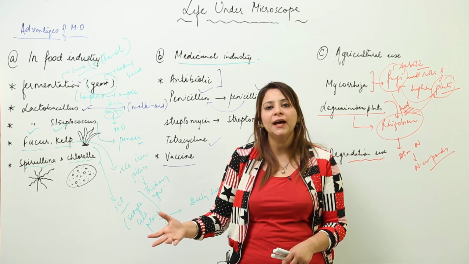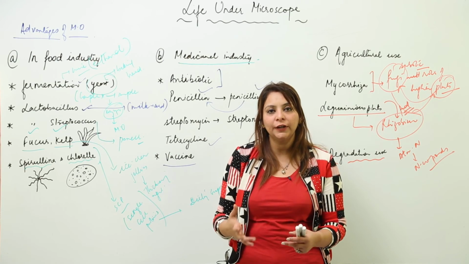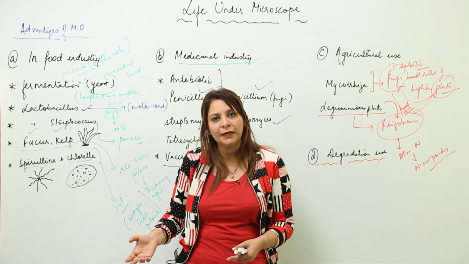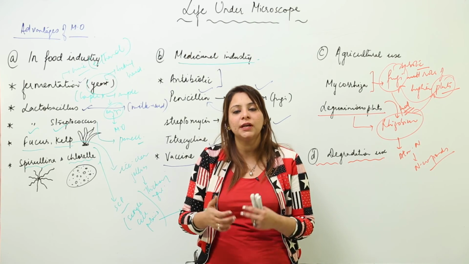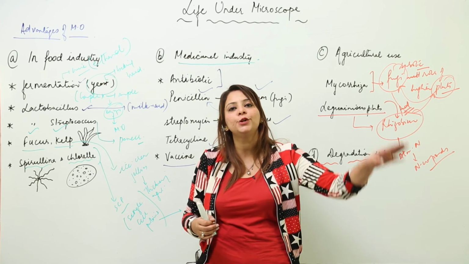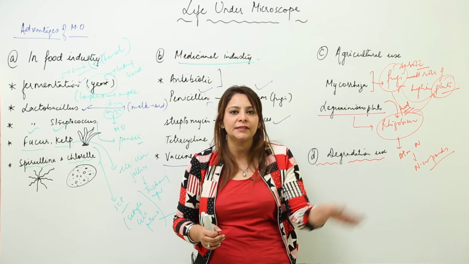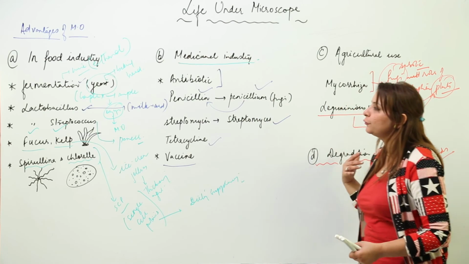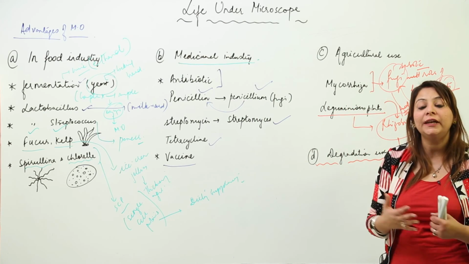And how do we degrade that? We degrade by the use of microorganisms. Not that we actually do it, microorganisms themselves grow on that dead and decaying matter, and they start degradation, decomposing, and they extract the nutrients and again add the nutrients into the nutrient pool, and then they are recycled again in the biogeochemical cycles. So they are serving a very important use.